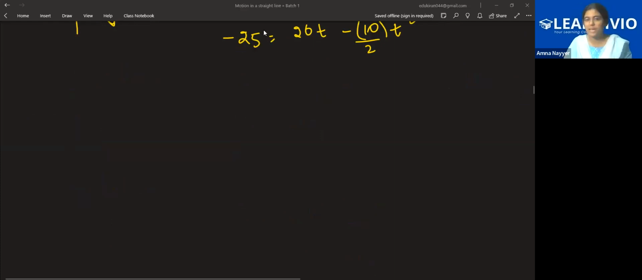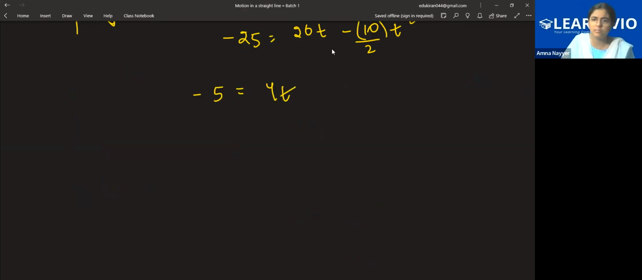Yes, very good, Zainab. Correct. So 3 of you have given the right answer. Zainab has given, Sabiha has given, and Jovita has given the correct answer. See, this equation will become minus 5 is equal to, from here I'm taking 40, I'm just eliminating